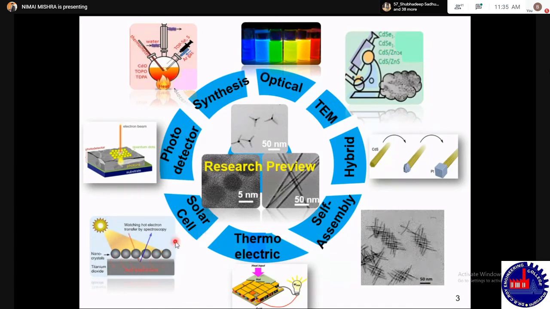Silicon is the best, but still we are making perovskite and II-VI semiconductor solar cells that can reach close to 15%. I'm going to show you the advantage of a nanoparticle compared to silicon. And thermoelectrics is one of the most important areas of research,